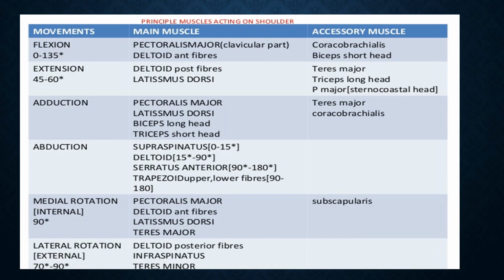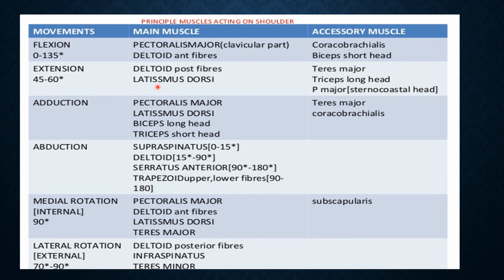Actually, I assume that you guys have relatively an idea about the terms of all the general anatomy, like flexion, extension, about the movements, and how the angle increases or decreases in a particular movement, right? And if you don't have, please go back to your general anatomy and revise it once, so that you understand the movements that occur at a particular joint, right?